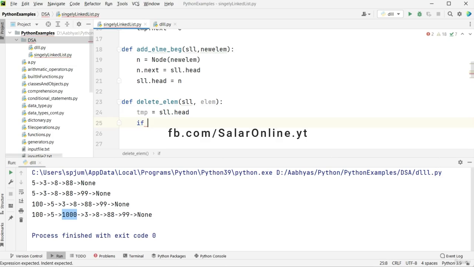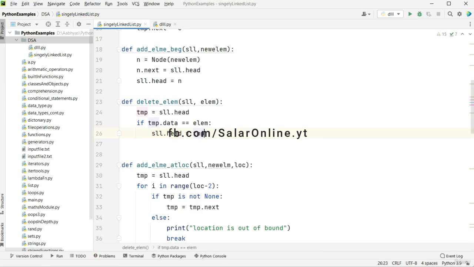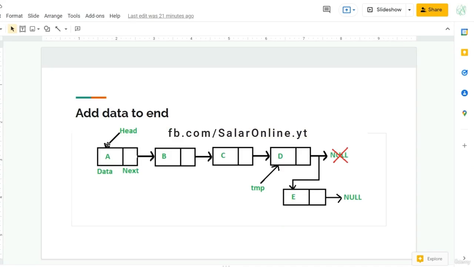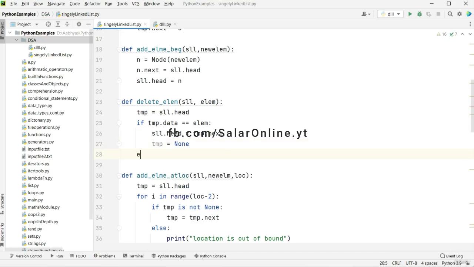We will check if the head is our element. If temp.data is our element, if we found our element at the head position, then sll.head equals temp.next, which means we are now pointing our head to the next pointer. That is, if we found that our head is our element, then we are just pointing our head to temp.next. Now our head will be passing to the next node, and that is how we will do that if our element is found at head. Now we will make our temp None, that is temp equals None,